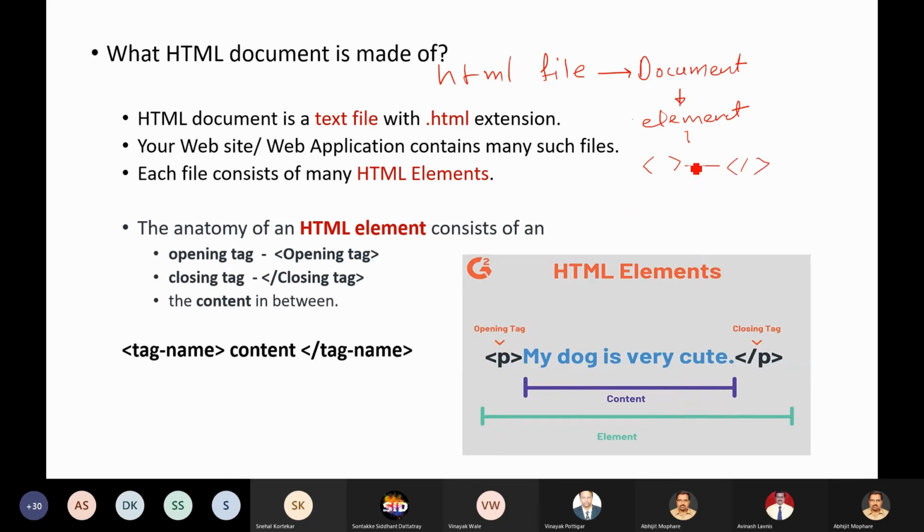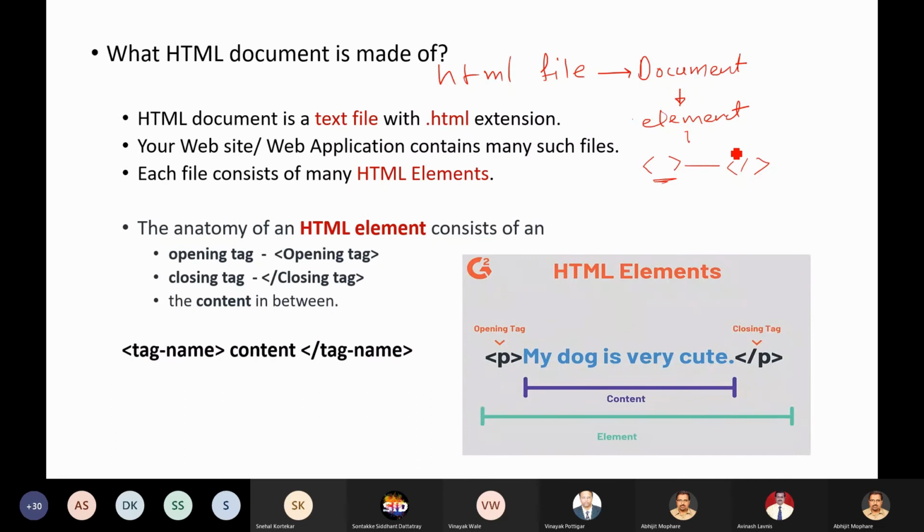Now, several elements have only an opening tag, they don't have the closing tag. We'll see that. So when we are learning HTML, we are learning these different tags, and with them how to create different types of elements.